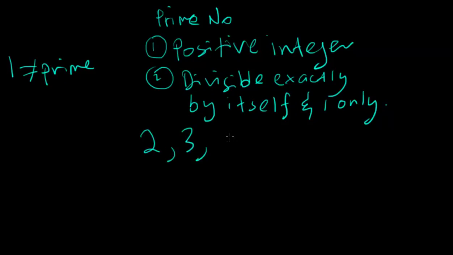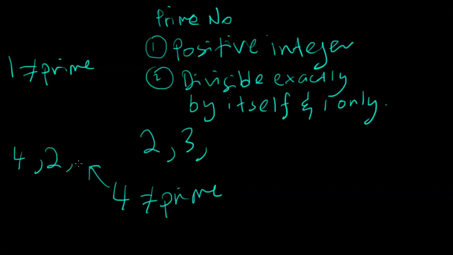Now 4 is not a prime number. Why? Because if you look at the number 4, it can be divided exactly by 4. It can also be divided by 2. It can also be divided by 1. So there are three different numbers here, and this does not satisfy the prime number criteria. Okay, so the next one is 5,